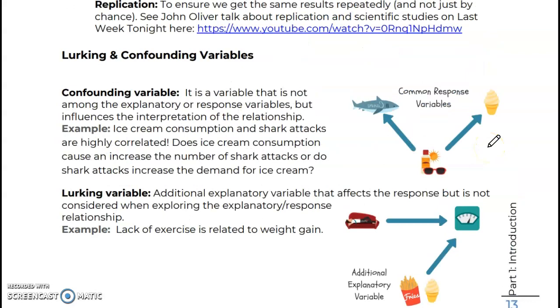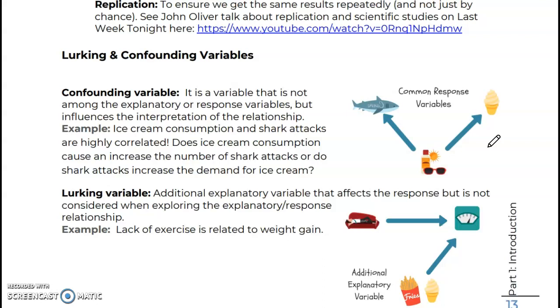For lurking and confounding variables, we have over here an example to the right. So a confounding variable is a variable that is not among the explanatory or response variables, but it influences the interpretation of the relationship. So you can see over here in the summertime, we have more shark attacks. In the summertime, we have a higher ice cream consumption. So you could say that there is a positive correlation between shark attacks and ice cream consumption, or between ice cream consumption and shark attacks, but that doesn't